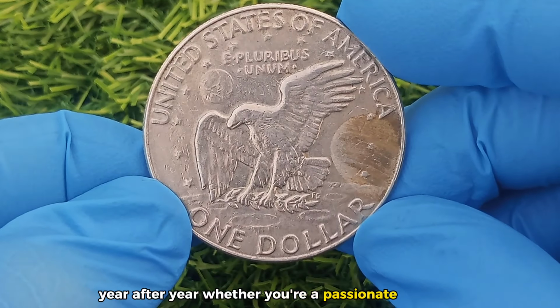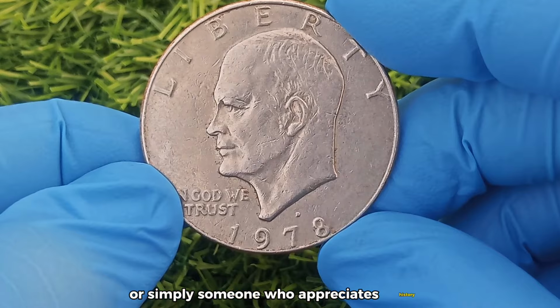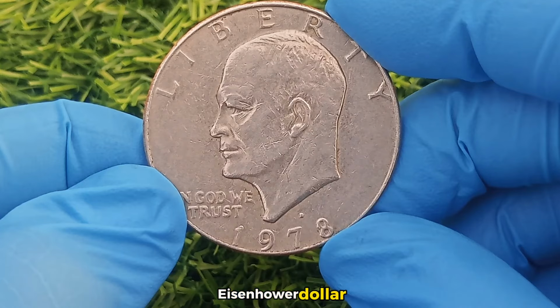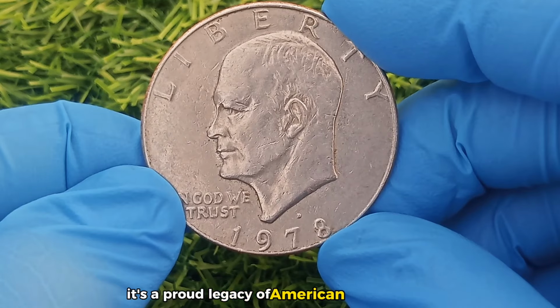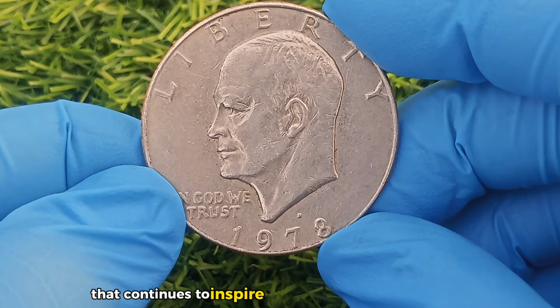Whether you're a passionate collector, an investor in rare coins, or simply someone who appreciates history preserved in metal, the 1978 D Eisenhower dollar deserves a special place in your collection. This is more than just a coin. It's a proud legacy of American achievement and an enduring symbol of value that continues to inspire and reward those